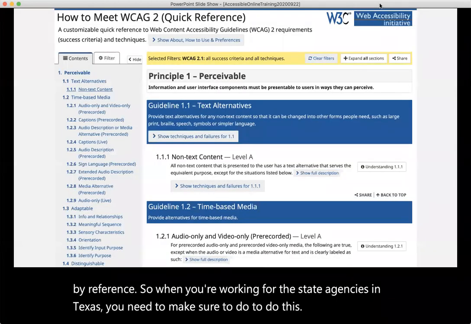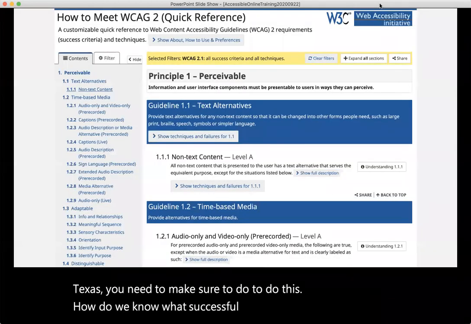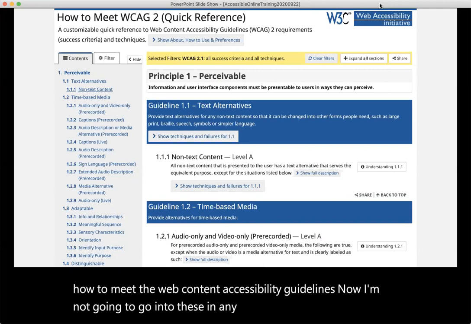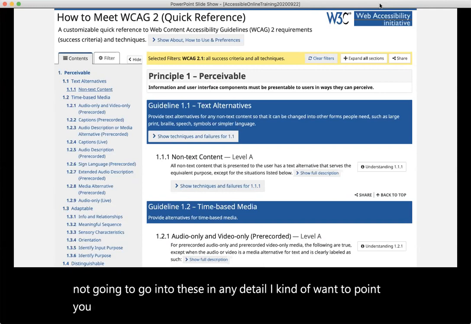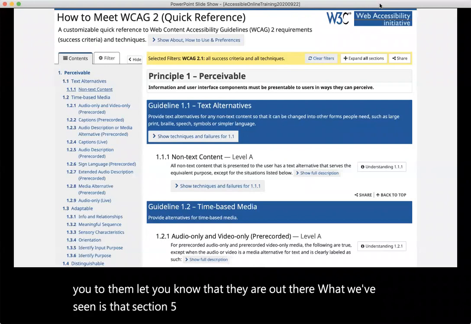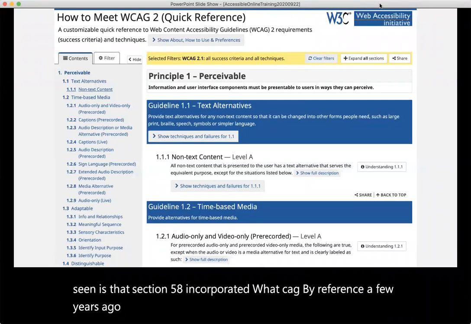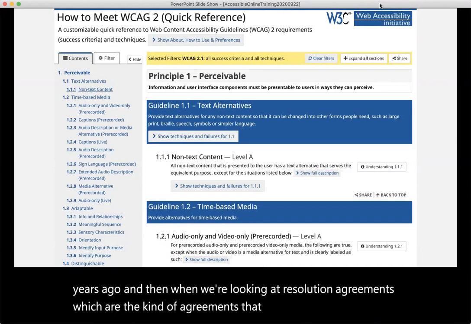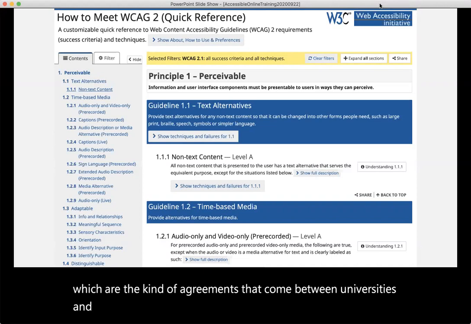How do we know what's accessible? This is a screenshot of how to meet the Web Content Accessibility Guidelines. Now, I'm not going to go into these in any detail. I kind of want to point you to them, let you know that they're out there. What we've seen is that Section 508 incorporated WCAG by reference a few years ago. And then when we're looking at resolution agreements, which are the kind of agreements that come between universities and other entities as a result of